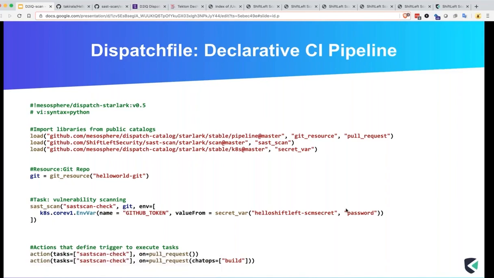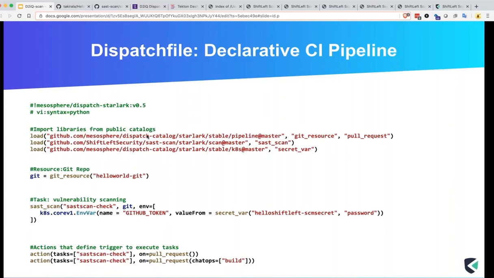We have some basic parameters that we pass to it: a token, a set of secrets, the environment we're going to use, as well as the repo itself. The repo is this resource here. Above it, it's our hello world Git repository that's assigned to this variable. This makes it very easy to work with in Starlark, because this variable allows us to assign the results of this function. And where the Git resource comes from is that we're going to load a set of libraries